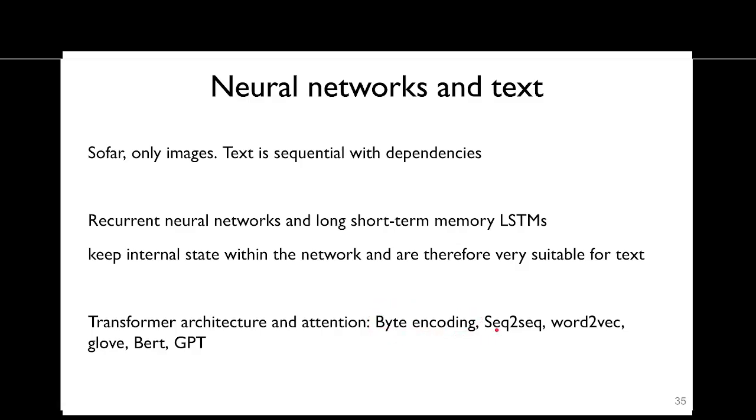And then, as I said, an early technique from machine translation was sequence to sequence. Another buzzword is word2vec, which tried to represent a word as a high-dimensional vector, but only with a handful of dimensions, really, and represent in these dimensions the context that this word is frequently used in. GloVe is a similar approach as word2vec, and these led to,